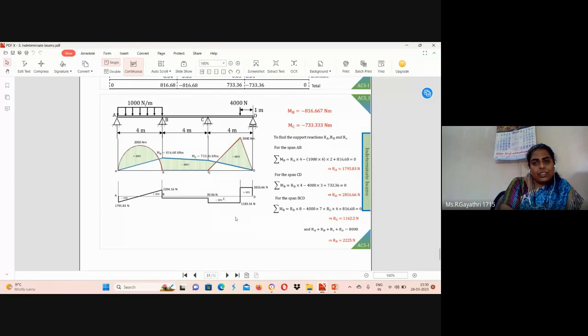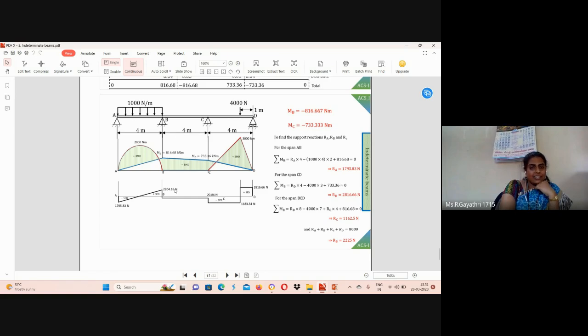We know how to find reaction force at every support. We need to include reaction forces from previous conditions. So minus 1183 plus reaction force RC will be your final force at support C, that is 20.84 Newton. Similarly, at support C, 20.84 Newton minus 20.84 plus RB value will be plus 2204.16 Newton. Okay, we know